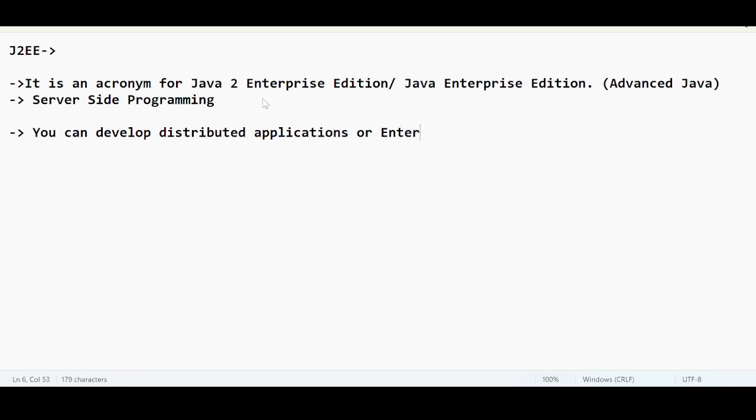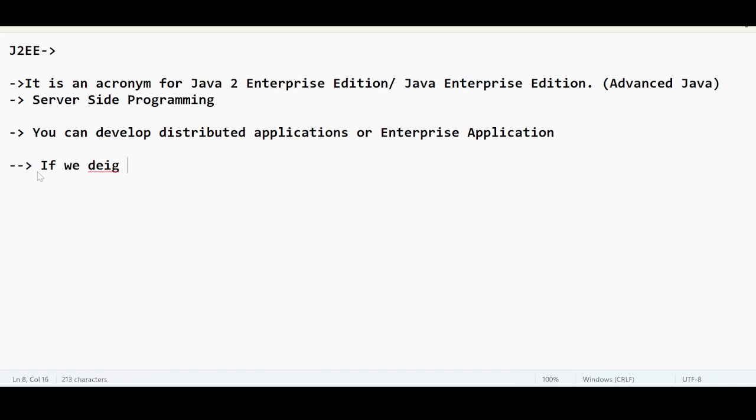Enterprise means all the banking applications, commercial applications, applications that require a lot of servers, a lot of programming behind, a lot of distributed logic, a lot of databases, and it is not limited to one system. Internally many servers will be connected. Things like Axis Bank are developed as enterprise applications, as is any banking application. You're getting this, right? What does it mean, server side programming? This is the $1 billion question. What does it mean, server side?